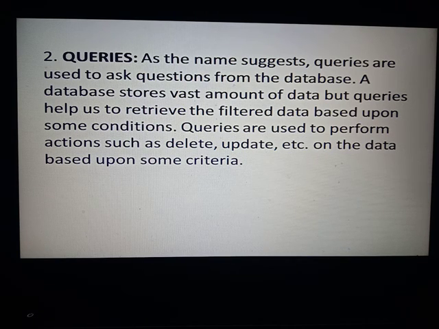In database, we have some queries, and we will discuss them in detail in another chapter, but you must know what queries are. A query is the question which we ask from the database. It is not basically a question, we will make a query to add the data, to delete the data, or to update the data. It is up to the user how he needs the data.